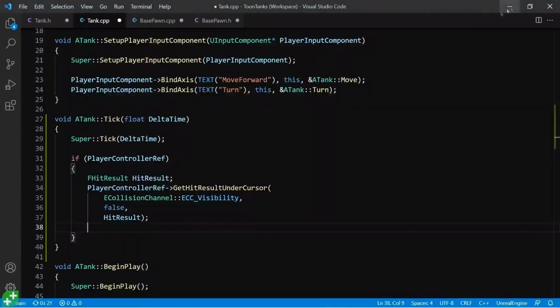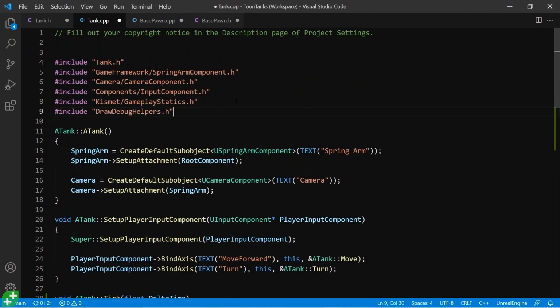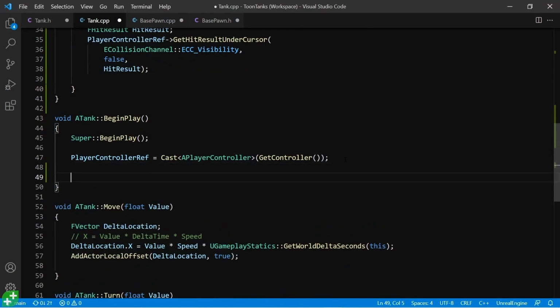Let's see how this works. I'm going to draw a debug sphere. Now up at the top, I'm going to include DrawDebugHelpers.h. That's where this DrawDebugSphere function is declared. Now let's go down to BeginPlay and just simply draw a debug sphere to see how this works. So I'm going to call